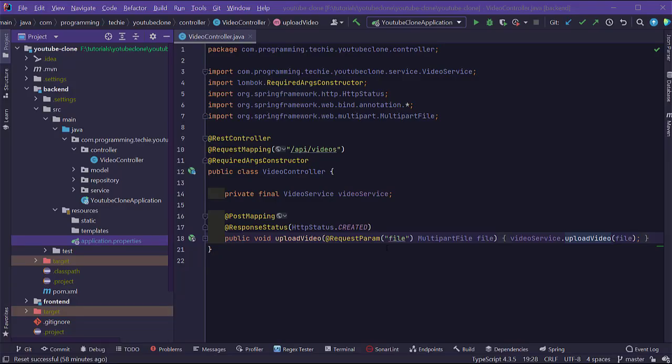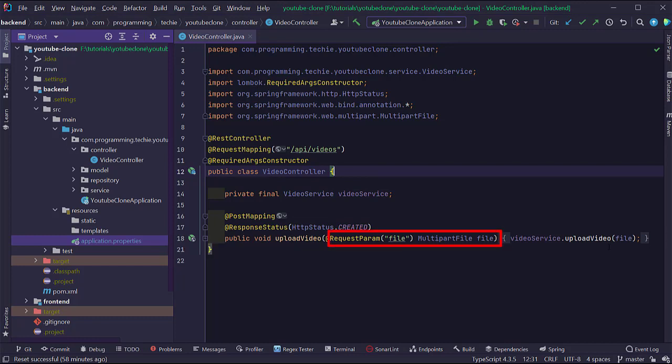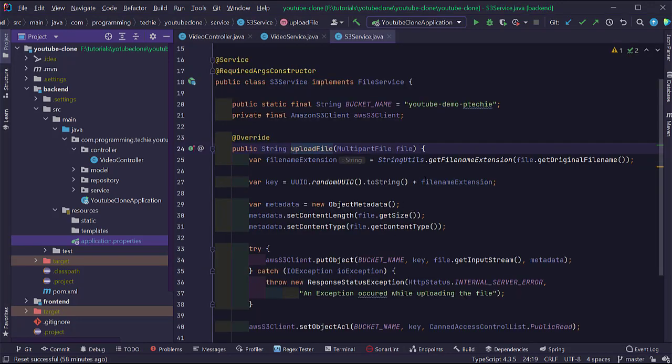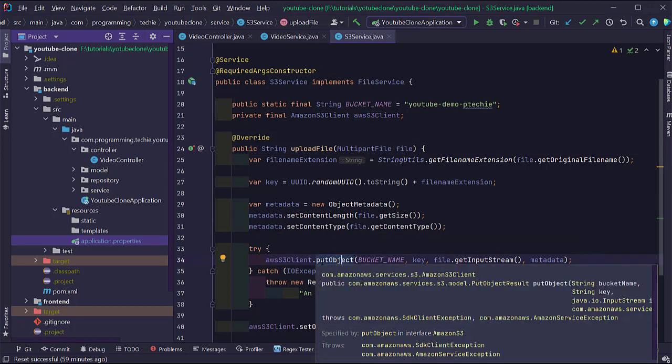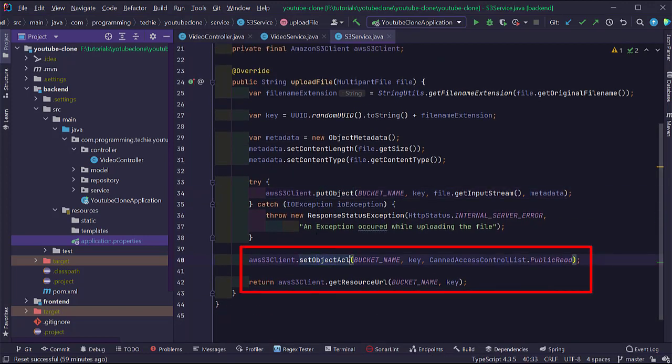Alright, so a quick recap of what we have developed in the last video. We have created a video controller class which is exposing a post endpoint which is taking a multipart file as a request parameter, and we are passing this parameter into the upload video method of the video service class, which is in turn passing this file to the S3 service where we are reading the input stream from the file and passing it to the put object of the AWS S3 client, which will upload a file to the AWS S3. And we are also setting the object access control to public read so that the video is accessible from